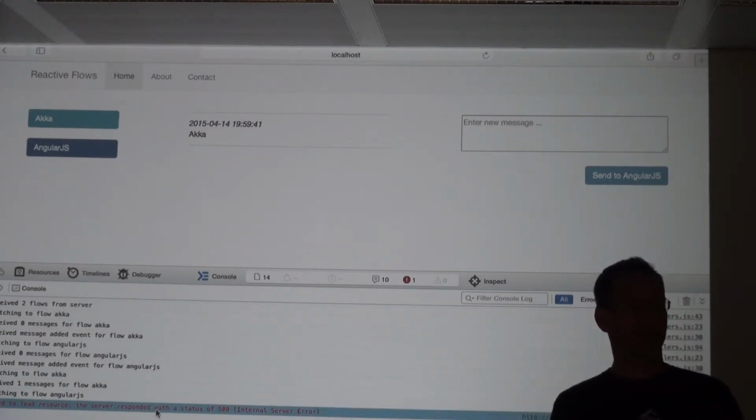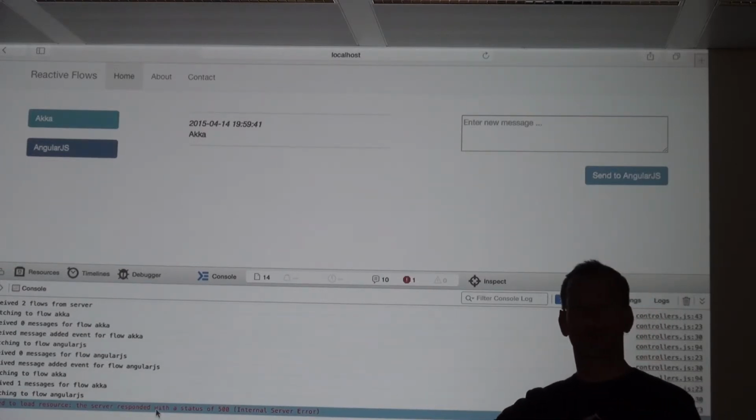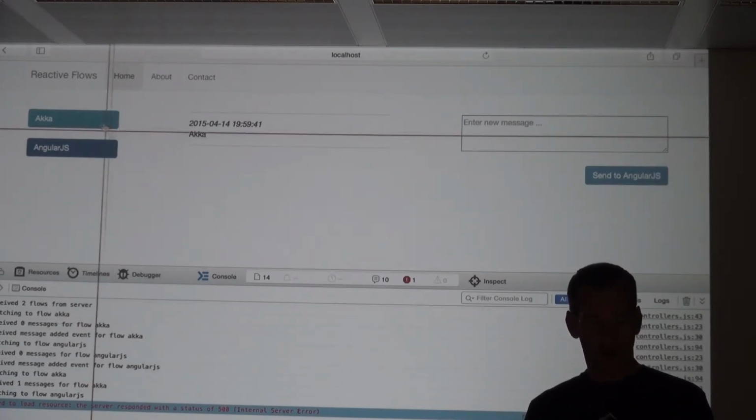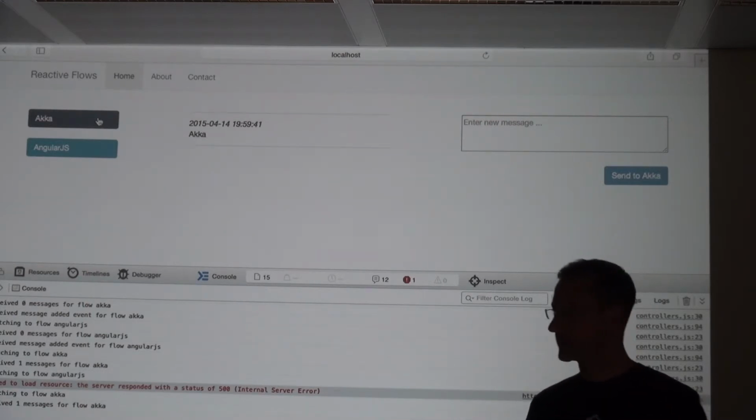And it takes a little while for cluster sharding to recognize that, okay? And only then it will create the flow on the first node. So it looks like the Akka flow was created on the first node, which is still up and running, so therefore it still worked.